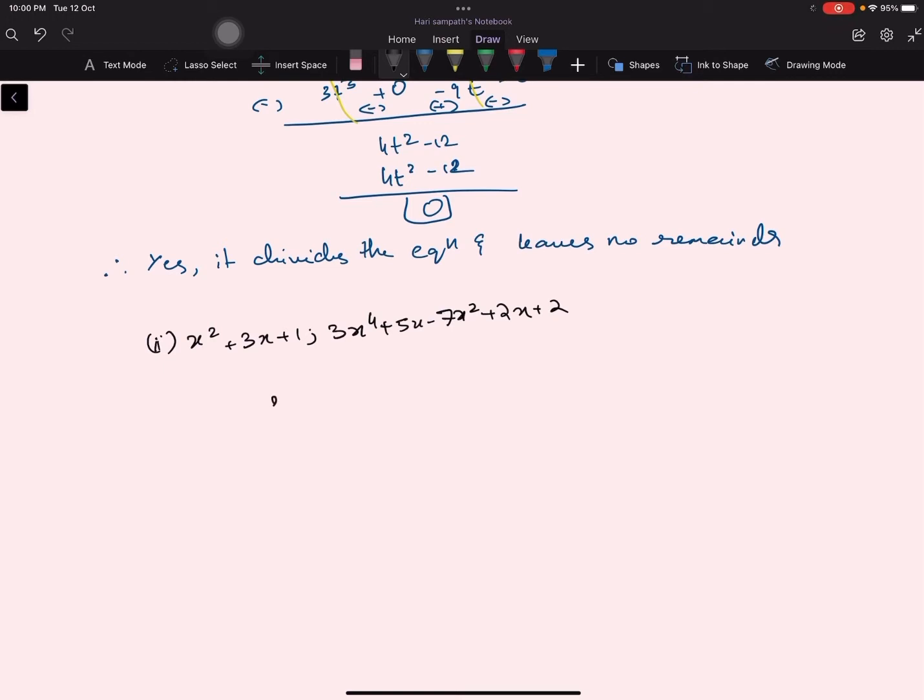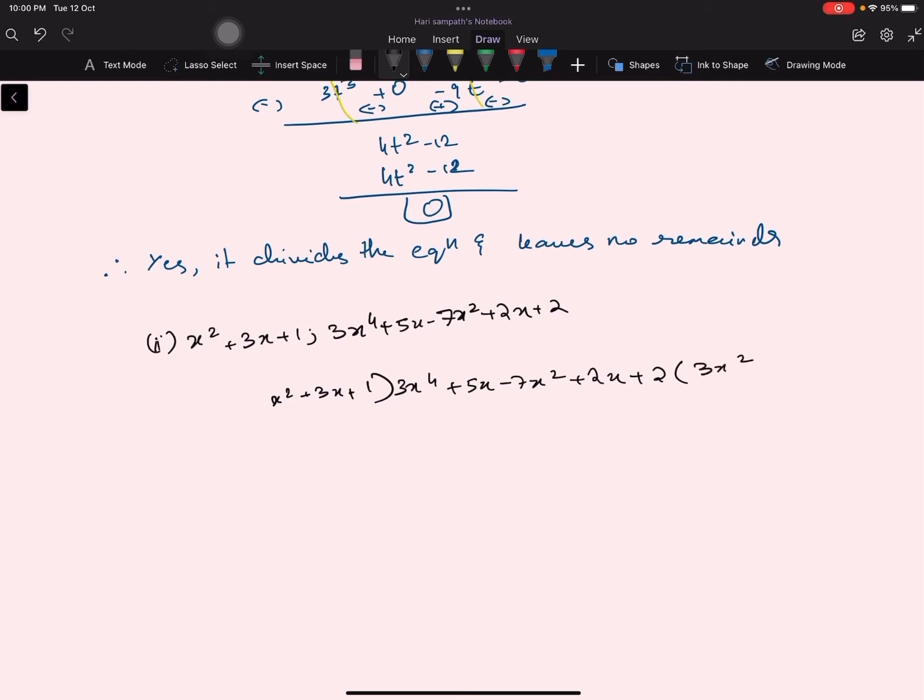So I'm going to be writing it in this one, x square plus 3x plus 1, and here 3x raised to the power of 4 plus 5x cube minus 7x square plus 2x plus 2, enclosing this thing,